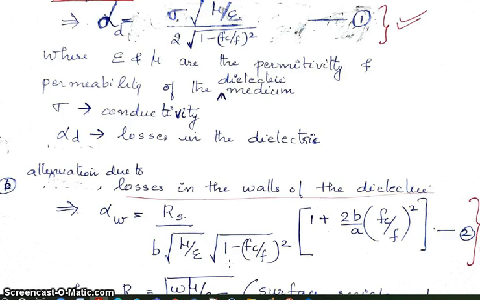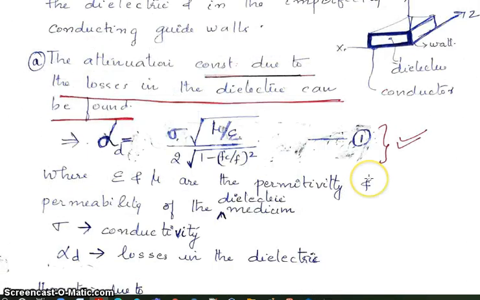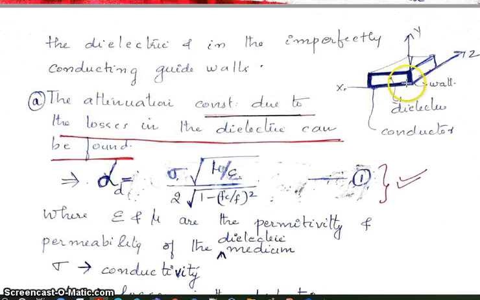The second factor that contributes to the attenuation of an electromagnetic wave through a waveguide is the losses in the walls. The wall here is the wall of our conducting medium, which is in contact with the dielectric medium. In a rectangular waveguide the walls are conducting, while the inner region is not conducting. So conducting walls are in contact with the inner dielectric medium. In some cases there may be imperfect conduction of the walls,